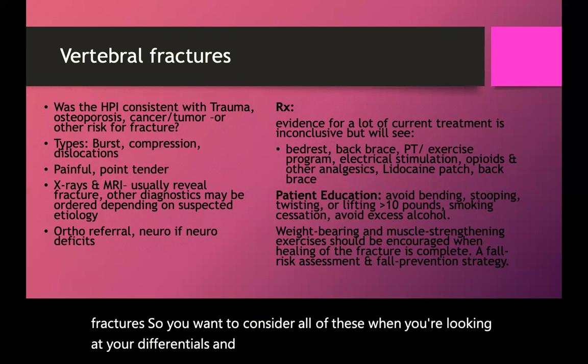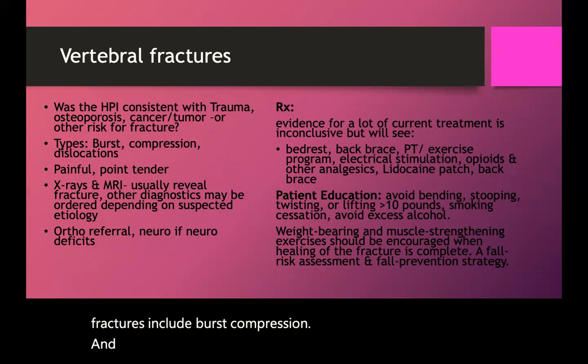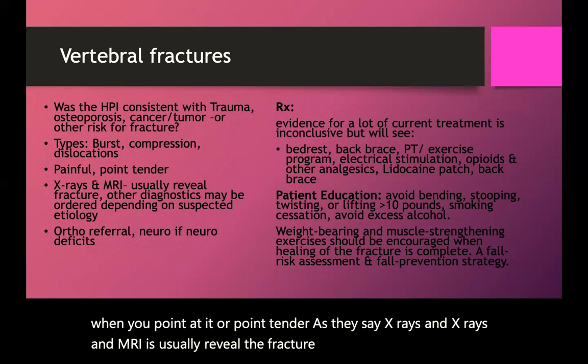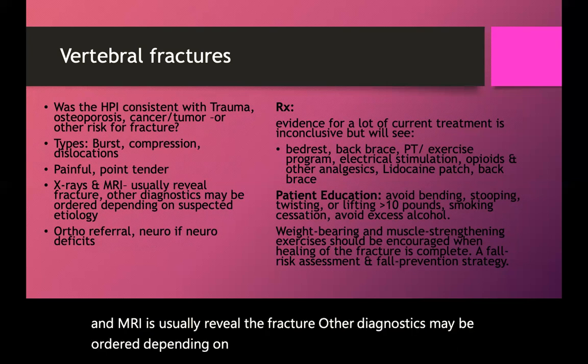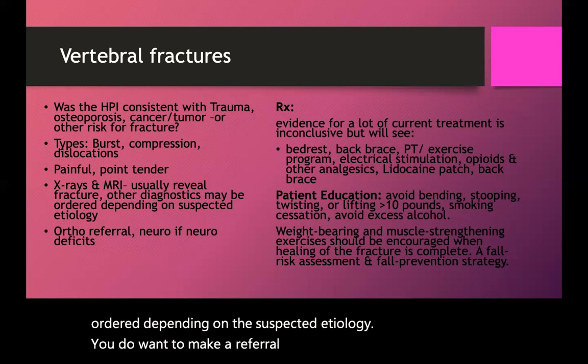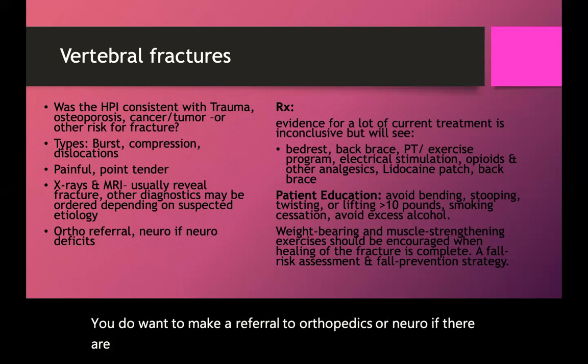The different types of vertebral fractures include burst, compression, and dislocations. Obviously, at the site, it is painful and it's tender when you point at it, or point tender, as they say. X-rays and MRIs usually reveal the fracture. Other diagnostics may be ordered depending on the suspected etiology. You do want to make a referral to orthopedics or neuro if there are neurological deficits. Treatment would include